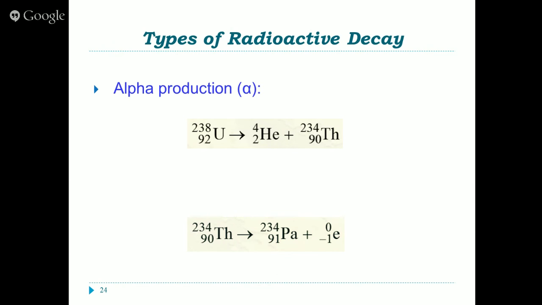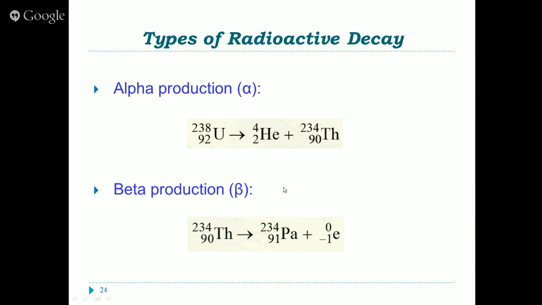So looking further at the different types of radioactive decay, alpha production. When an alpha ray is given off, it is simply a helium nucleus. So it has a mass number of 4, an atomic number of 2, but it has no electrons. So it is charged with a positive 2. So it has a significant mass in terms of the radioactivity of it. Now, alpha rays can simply be deflected or stopped by a sheet of paper or your skin. However, they can be harmful if they are ingested or breathed in.